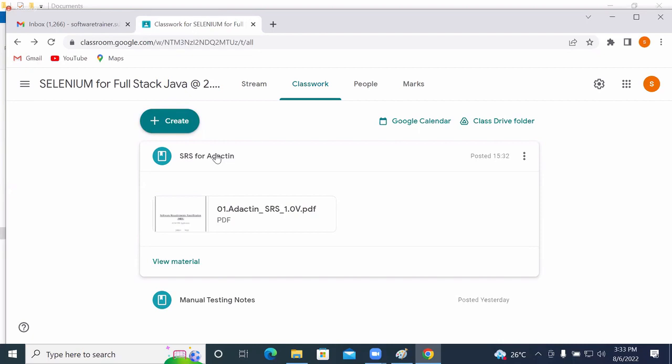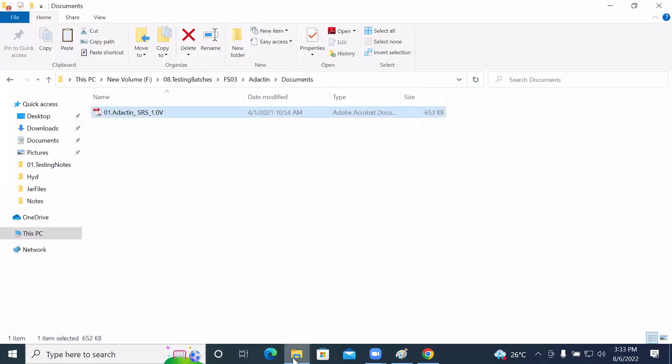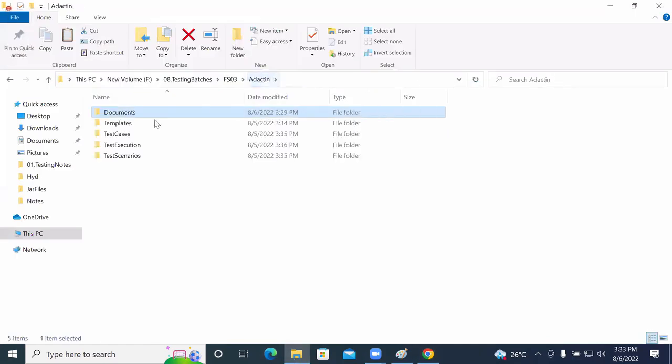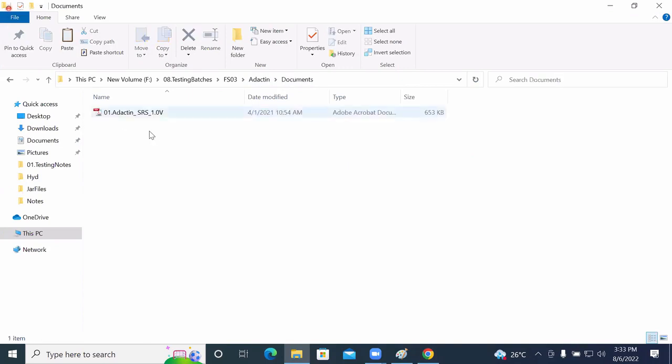Once it has been downloaded to your downloads folder, copy that file into which folder? Documents. Once you have provided it into the documents folder,